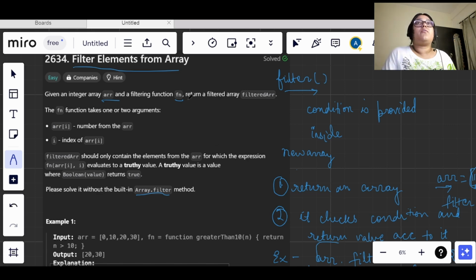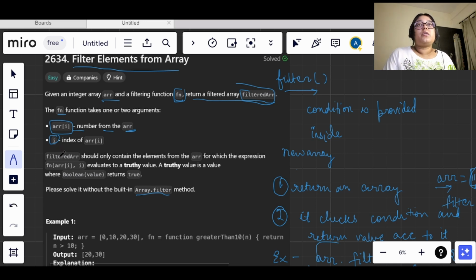We have a filtering function fn and we need to return a filtered array, filteredArr. In the fn function there are two arguments, arr[i] and i. arr[i] is the number or element in the array, and i is the index of arr.